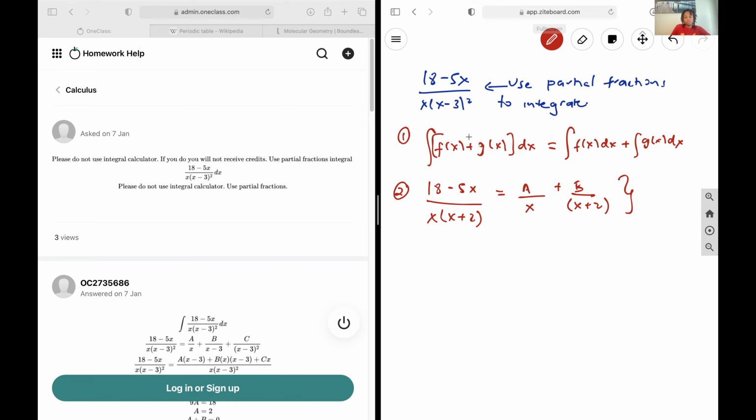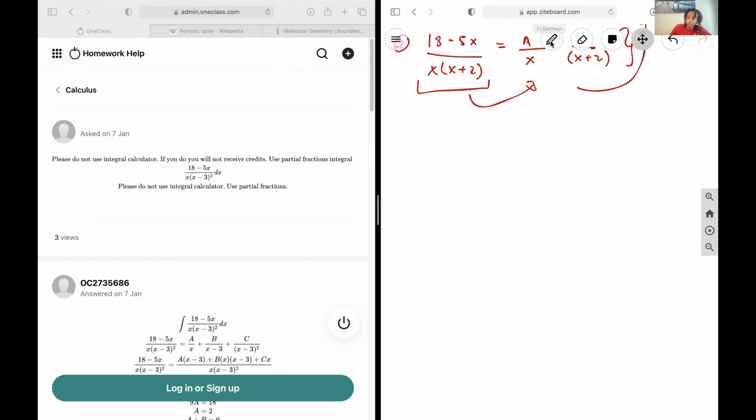And so what we're basically going to do is we currently have this fraction in this form. And so first we want to change it into this form. And then we are going to apply our first one here because of the fact that it's easier to integrate a over x and b over x plus whatever. And so applied to our specific question,